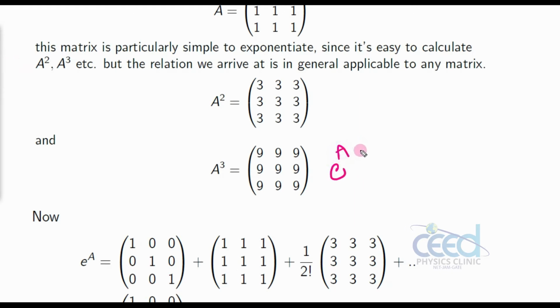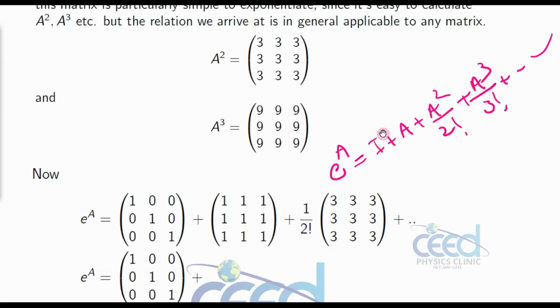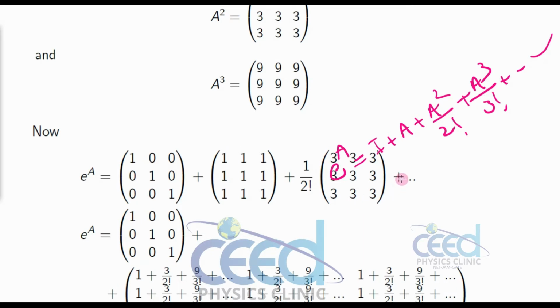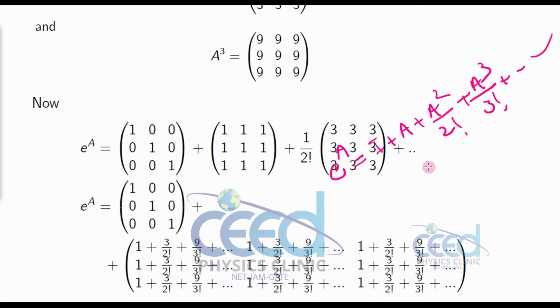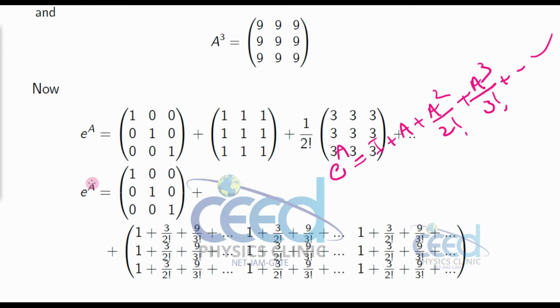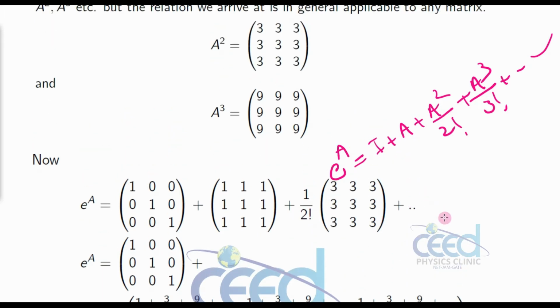Now I am going to substitute this in our series. e raised to A is equal to I plus A plus A square by 2 factorial plus A cube by 3 factorial plus etc. Here I selected A as a 3 by 3 matrix, so I is the 3 by 3 identity matrix, then A is the matrix I have taken, plus 1 by 2 factorial A square, which we have seen, and the next element, 1 by 3 factorial into A cube. What is A cube? All entries 9.